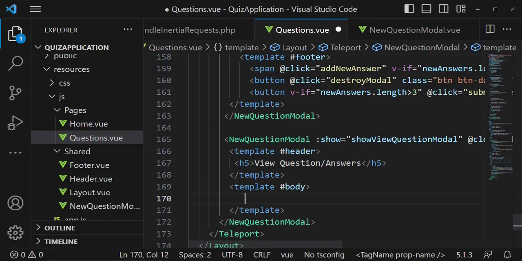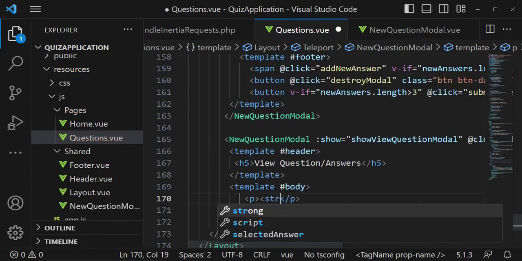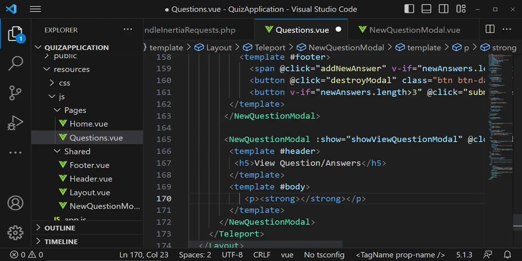So inside the template body, I want us to just use a paragraph tag. And inside the paragraph tag, probably I want it a little bit highlighted. So maybe I can use an HTML tag called strong, just to make it a little bit boldened. And here we are going to have the question, so I can write question, and I can be able to display the selected